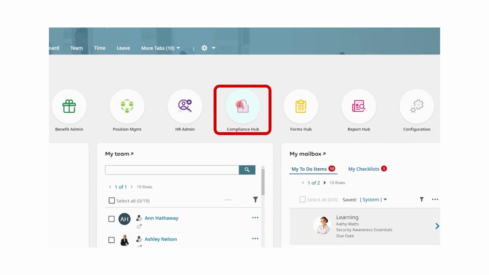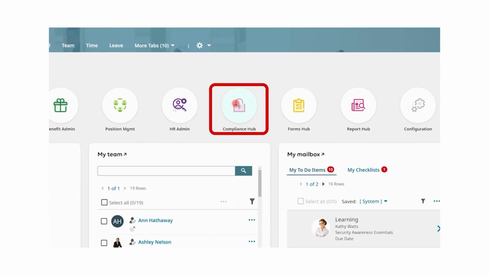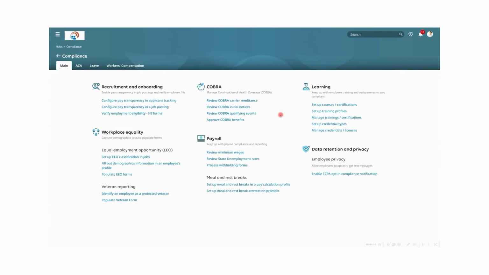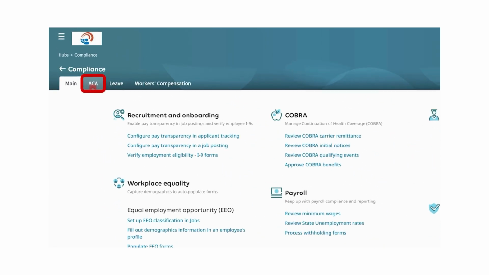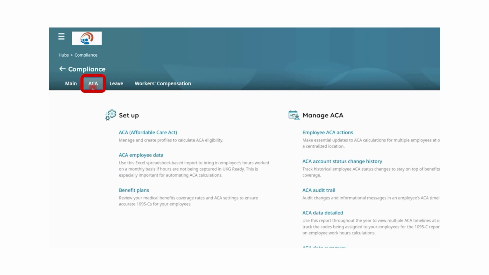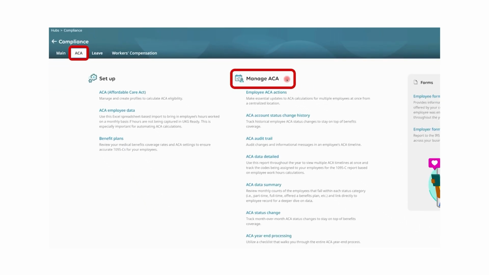Everything that you need to manage your ACA will be found in our Compliance Hub, which is easily accessible right here from the dashboard. Now, the Compliance Hub itself is a one-stop shop for everything compliance related. You will notice that there is a separate tab across the top that is specifically designated for ACA management. And within the system, you can design your own ACA rules to be calculated based upon your specific ACA strategy. And you can also access strategic reporting to help manage employees to make sure that you are in compliance with